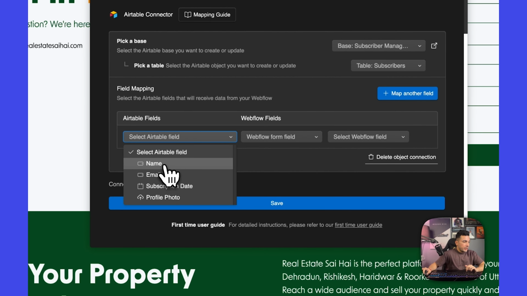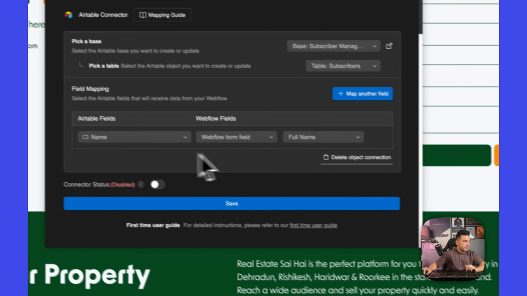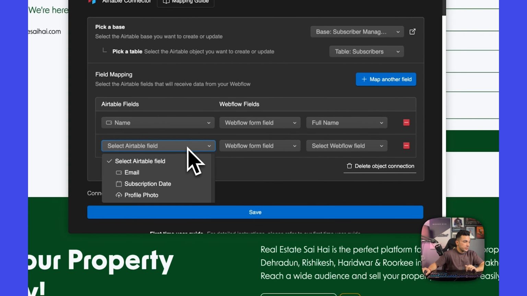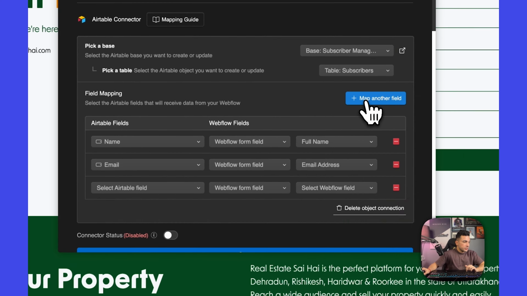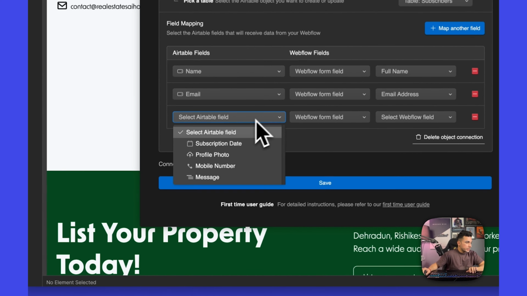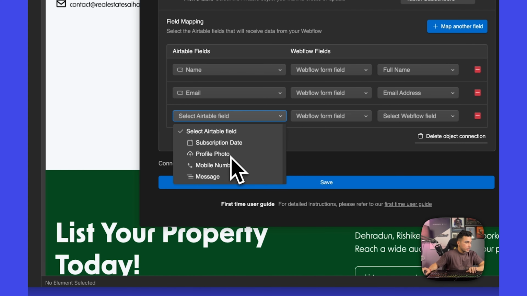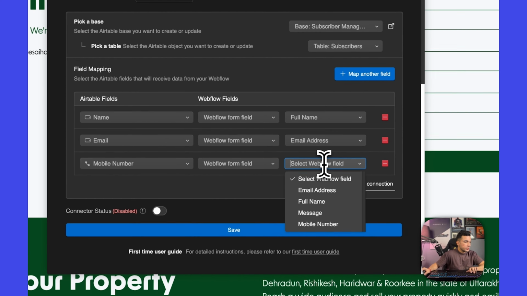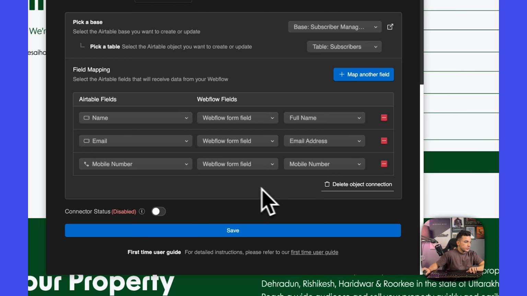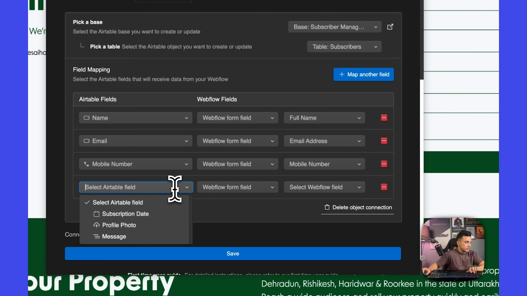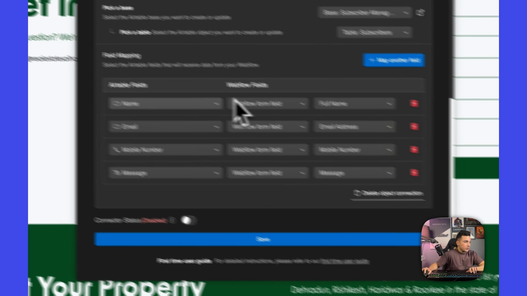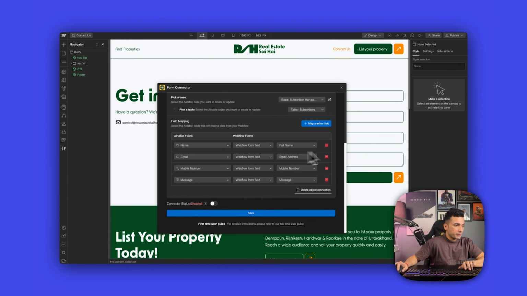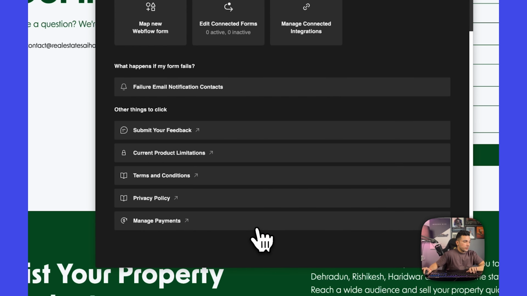So in the Airtable I have name, which I will connect to the full name. Then I will add another field here, email, to email address. Then select the field from here. Next up is mobile number field, and I will connect it to the mobile number and add another field. Click on message and click on message field. Now all four of my fields are mapped out properly to the subscribers page, and I will click on save,